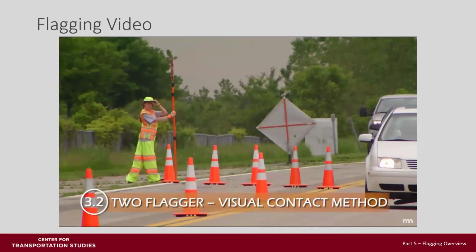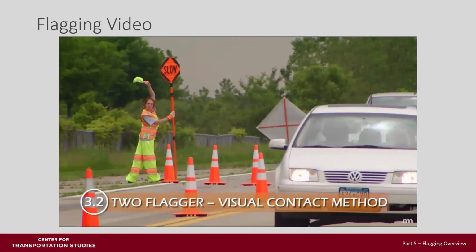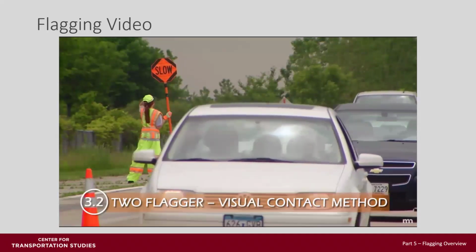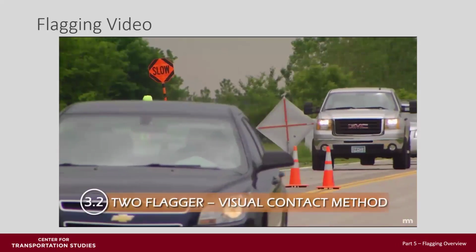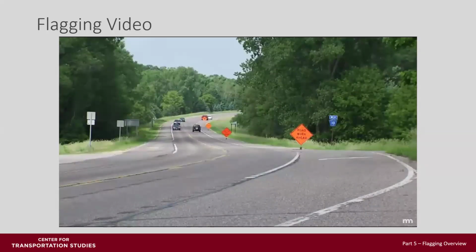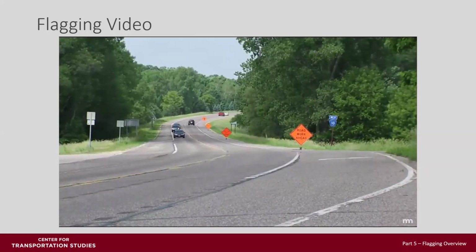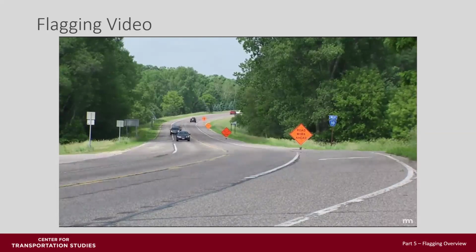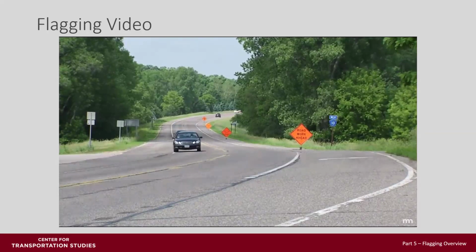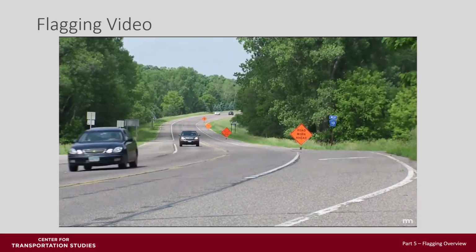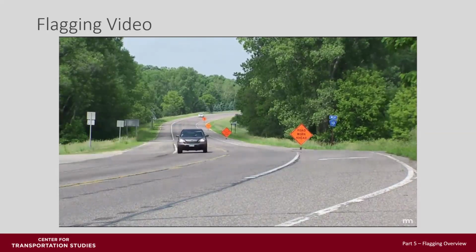The all clear message can be given visually by using a hand signal such as lifting one's hand. Be careful, however, not to use hand signals that may confuse the motorist. When visual contact is not possible, such as over hills or around curves, then radios are the best way to maintain communication between flaggers. If radios are not available, then the flag carrying method is another way to maintain communication